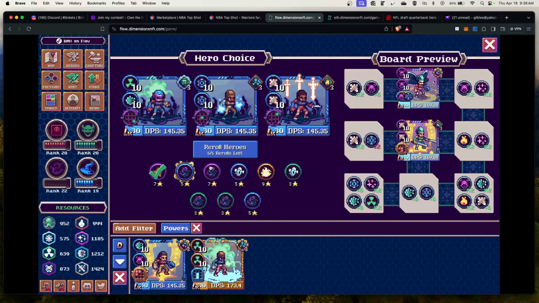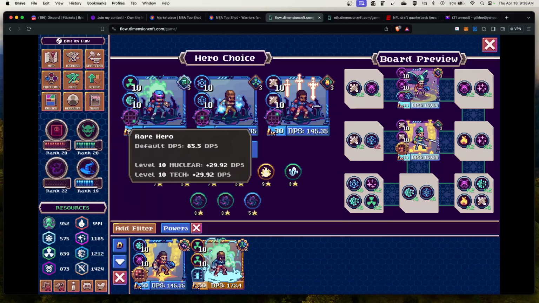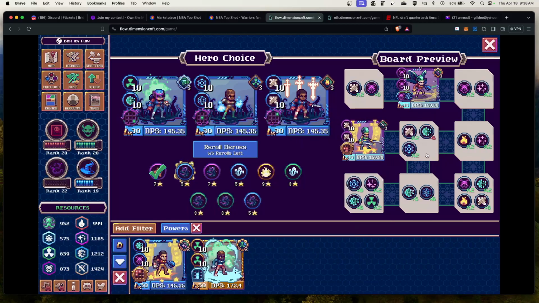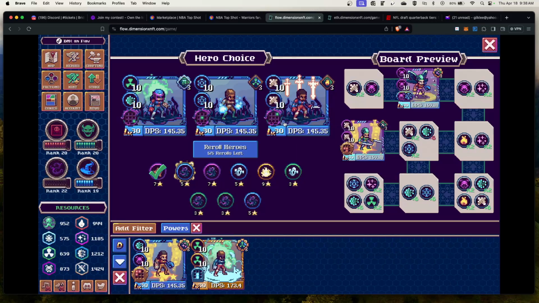Next one up, we've got our nuclear and tech in the bottom right-hand corner. That's a tech fit there, which isn't bad. This one is the ice, and let's see if ice is an option to go into the middle where that corrupted is. And then lastly, not a great fit for blade. I think for this one,